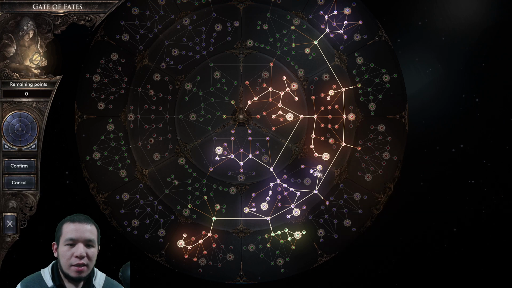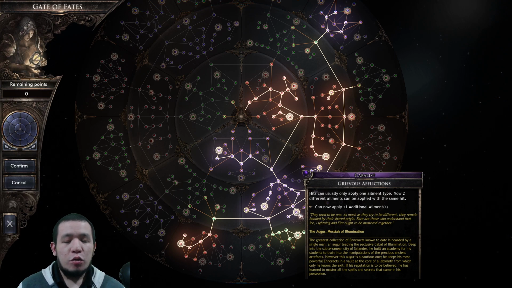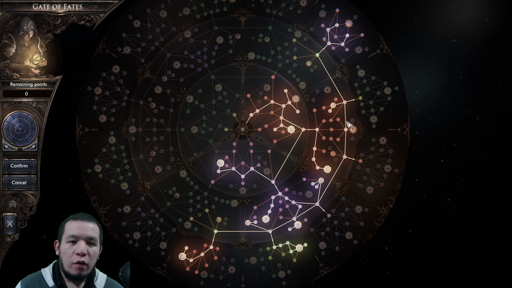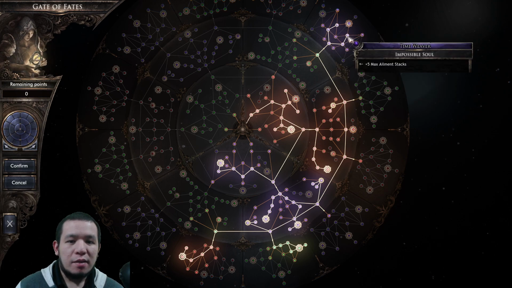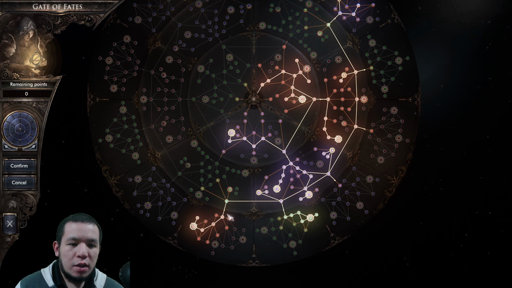And then after this, I took this one, so I can now apply 1 additional ailment. Normally you can only inflict 1 type of ailment on the enemy, but with this you can inflict two types of ailments. And then after this node, I went way over here to get this plus 5 max ailment stacks. Then after these 2 nodes, I went to these nodes here